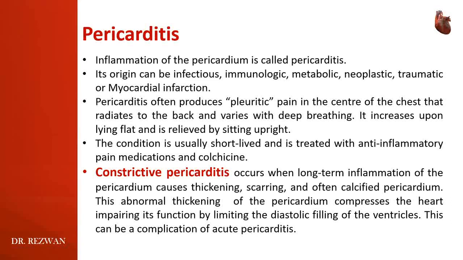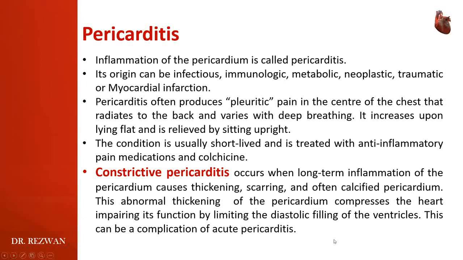Constrictive pericarditis occurs when long-term inflammation of the pericardium causes thickening, scarring, and often calcified pericardium. That means your pericardium will be very much thickened, and sometimes it can be calcified. This abnormal thickening of the pericardium compresses the heart and results in impairment of its function by limiting the diastolic filling of the ventricles. Obviously, when the pericardium becomes non-elastic and very much thick, then the heart cannot move properly, and